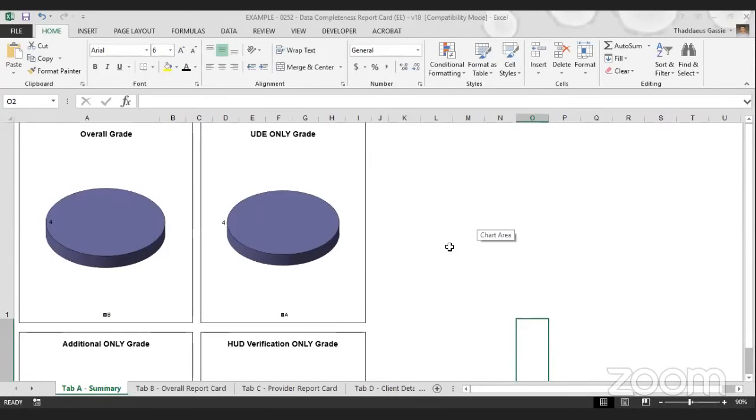All right, so now we're looking at the report output. There are 5 tabs in the report. The first tab is the summary tab. This tab gives a basic pie chart and some overall grades showing the scores for every project you ran this report for. In the lower part of the summary tab,